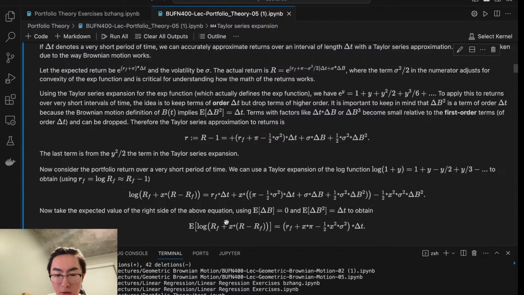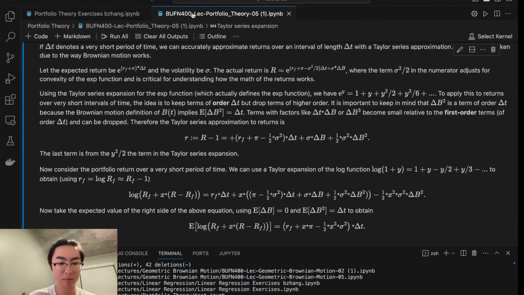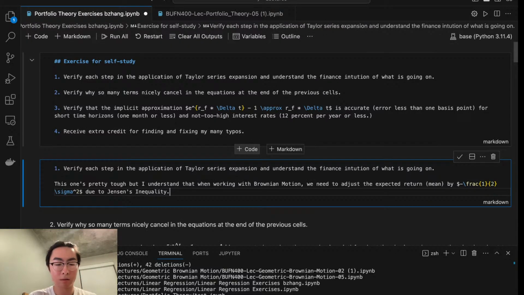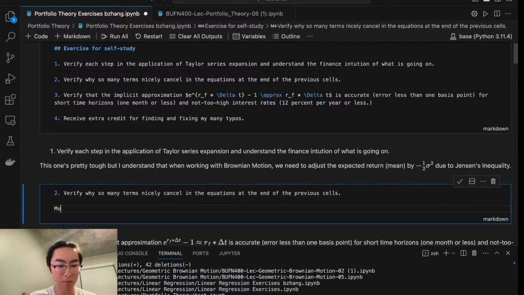So plus the Brownian motion. Okay. Zero. Canceling out because